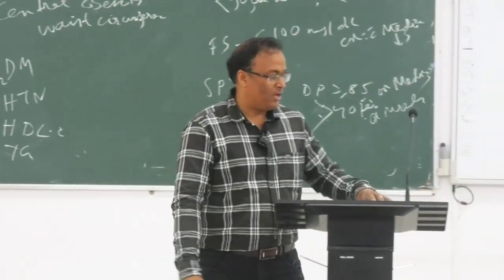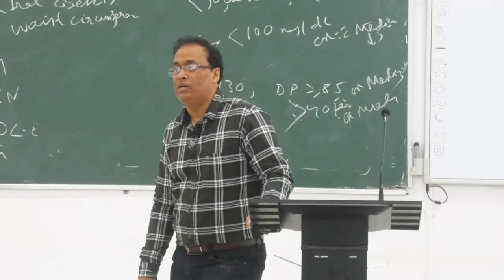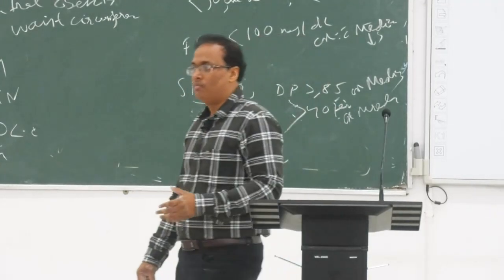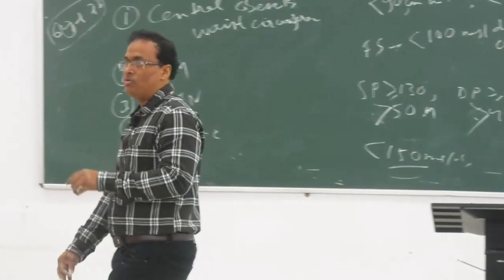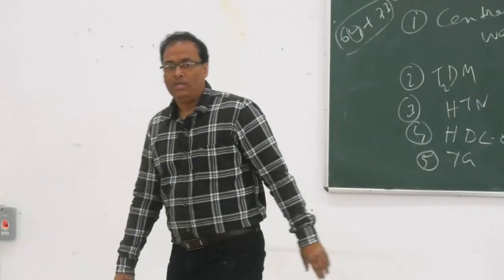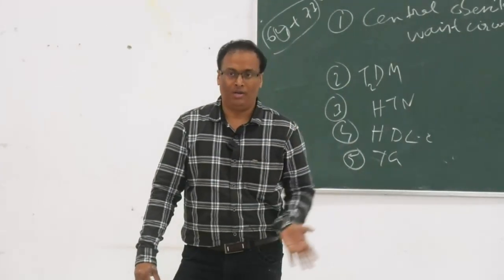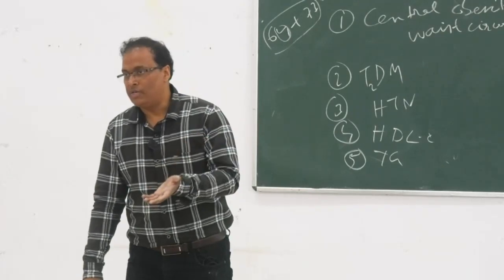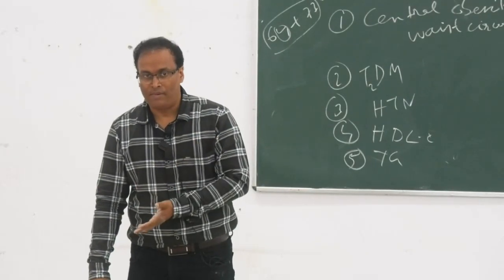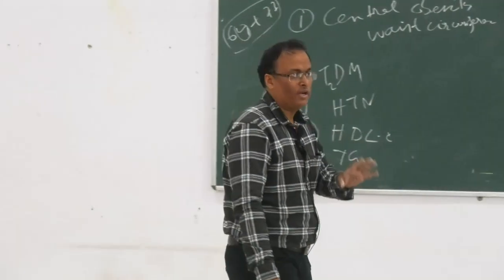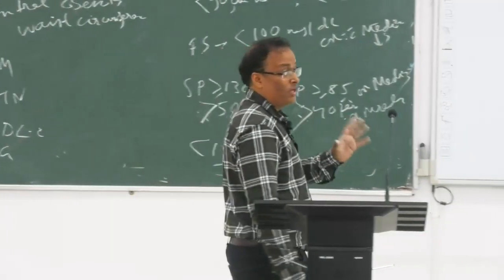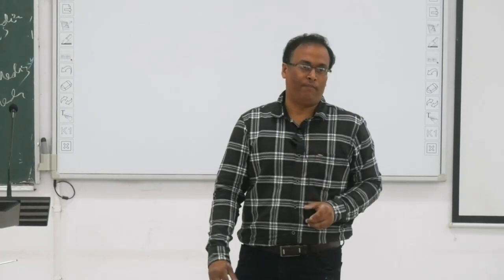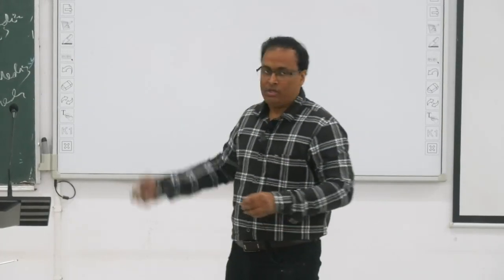If I go for the paper, then I can use the term insulin resistance syndrome. So nowadays the term metabolic syndrome has been changed into insulin resistance syndrome because it defines all. Because hyperinsulinemia comes after insulin resistance, then only metabolic syndrome happens. Metabolic syndrome without insulin resistance never happens. So insulin resistance is the main culprit for the pathogenesis of all these things.